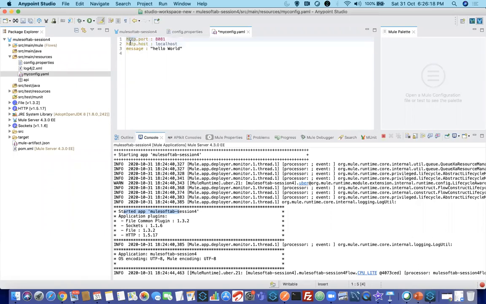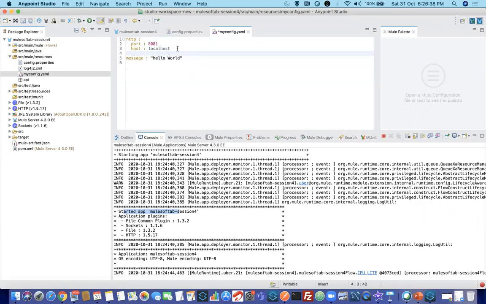Instead of repeating http.port or http.host, you can keep http once and nest port and host under it. That's the advantage of this YAML file.